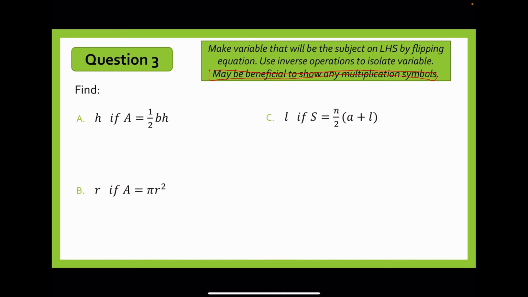So this is applicable for the very first question. You're trying to solve for h. We're going to do the exact same thing where the letter you're trying to solve, keep on the left hand side. So let's flip the equation. So it therefore becomes half times b